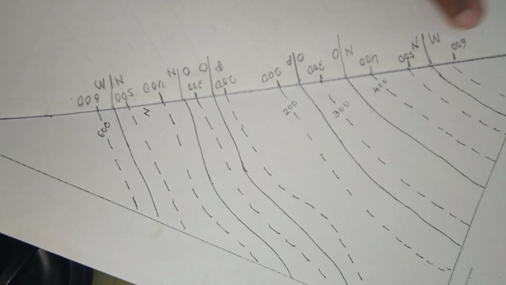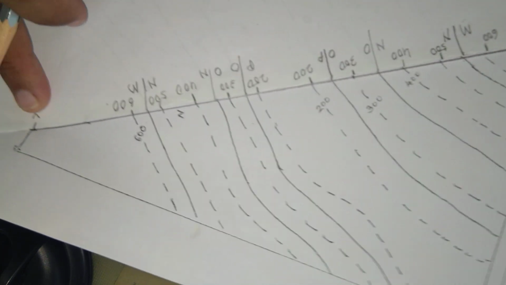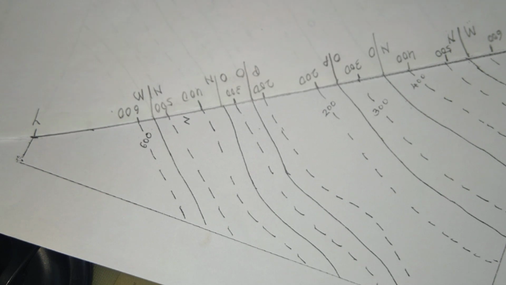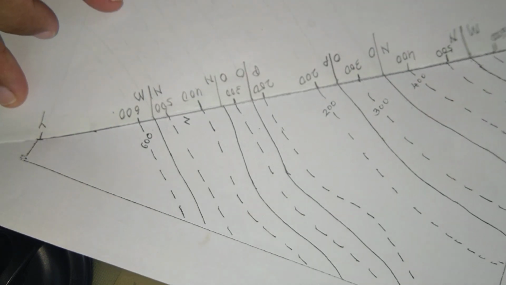So what we did here, we have marked all the points which are coming on the XY line, that is a section line. Now we are going to draw a cross section along this line. So I will take a paper. I have drawn a line here. You can draw a line using a scale. Here I'll keep this paper on the XY line.